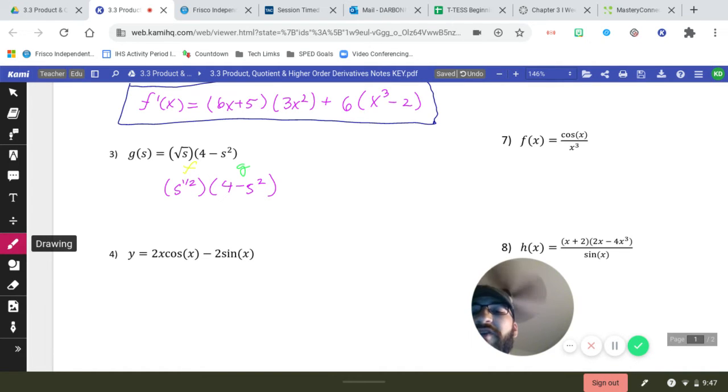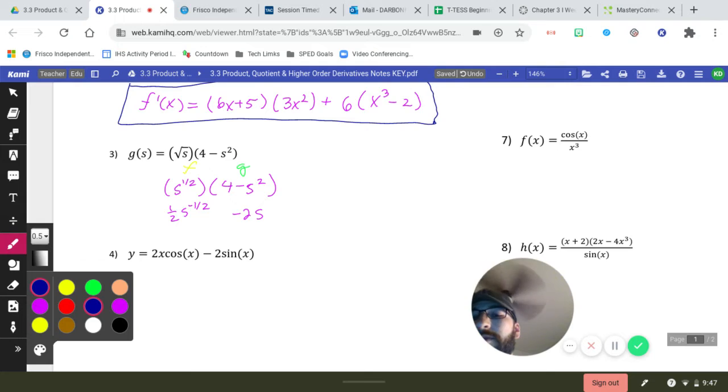So then derivative of s to the 1/2 is 1/2 s to the negative 1/2. 4 becomes a 0, negative s squared becomes negative 2s. Okay, then I can cross multiply. Boom and boom. So we get g prime of s